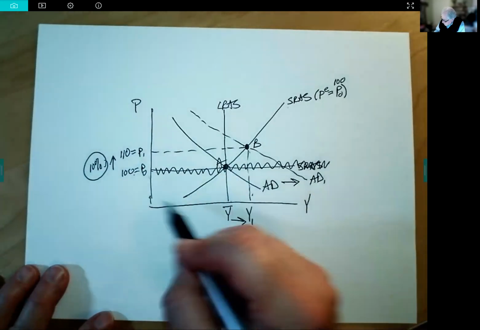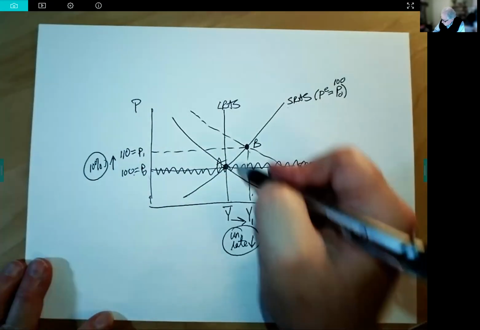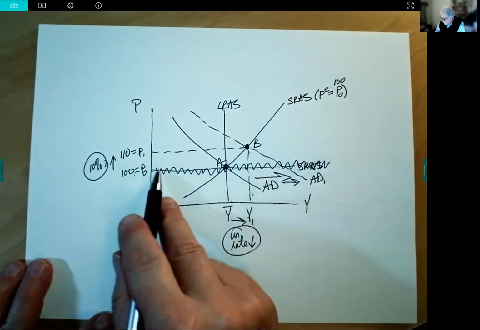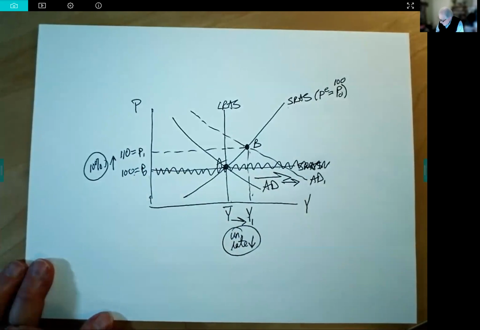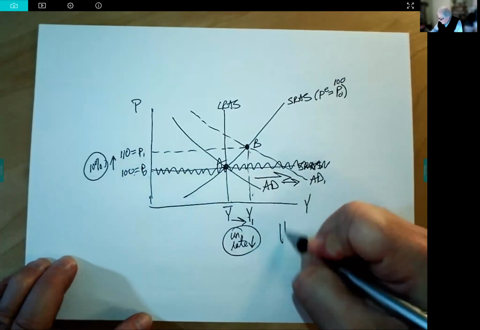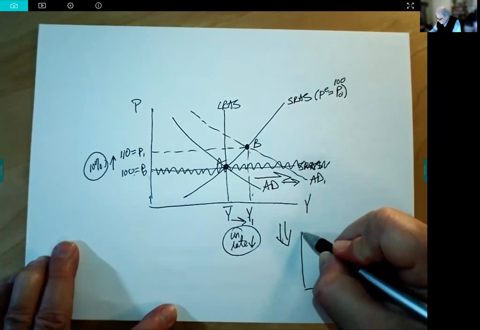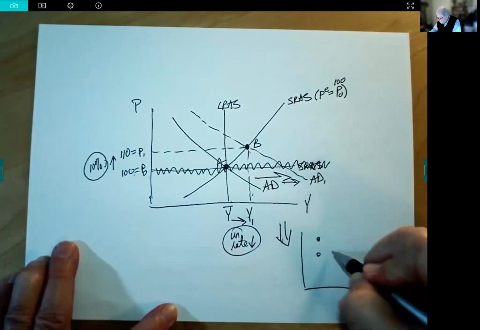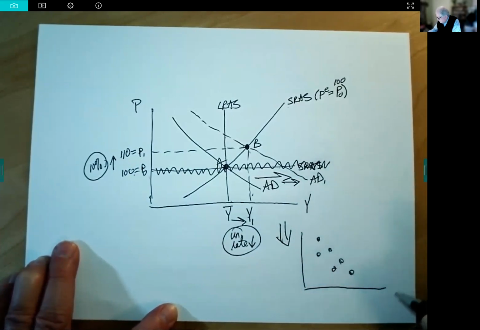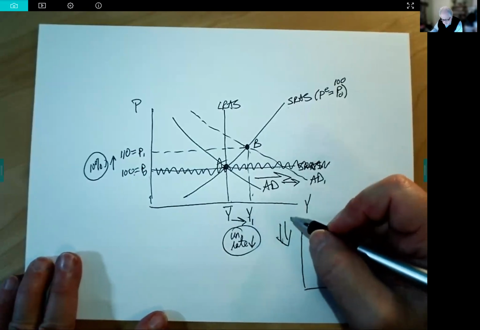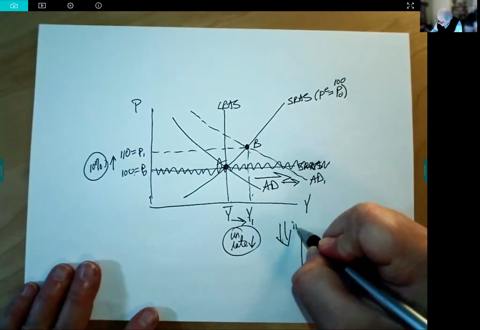So you can trade off with a shift in aggregate demand. You can get lower unemployment, but you've got to pay for that with some higher inflation. So that's the idea, between different points in different years. So if we were looking at the unemployment rate here and the inflation rate here,